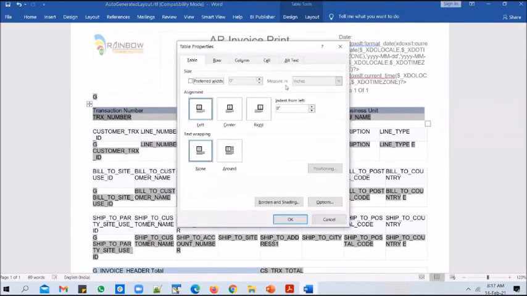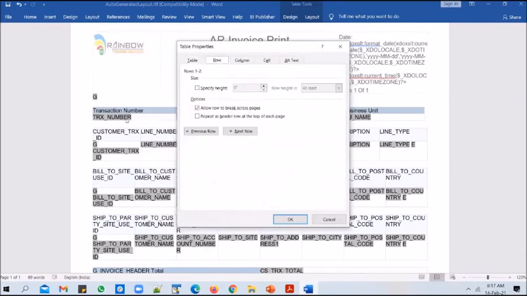So you click on table properties and you go to row, and for each row in the table, I want to specify a height. So you specify height and you can mention it as 0.2 and you can say exactly. This will ensure that the table row will be of at least a 0.2 height.